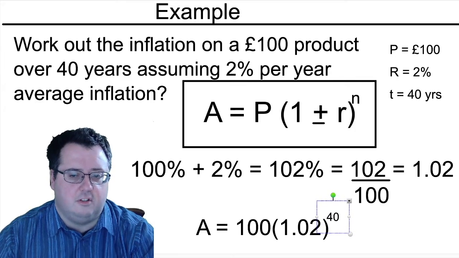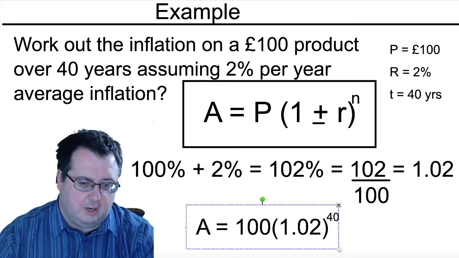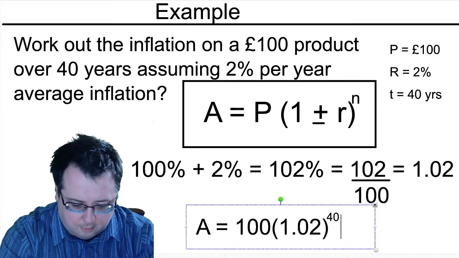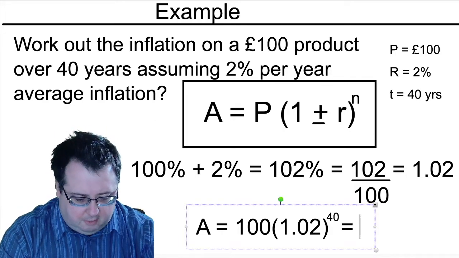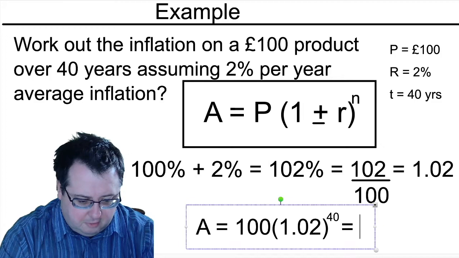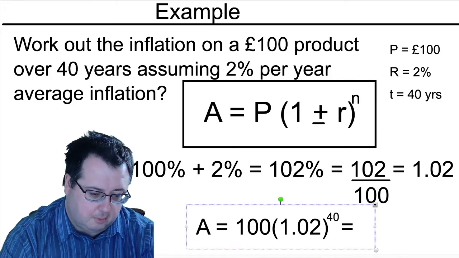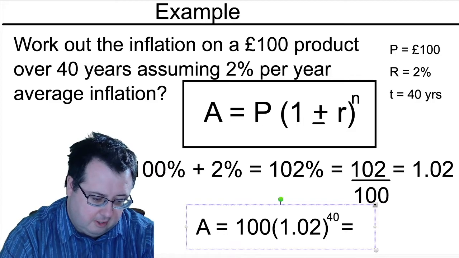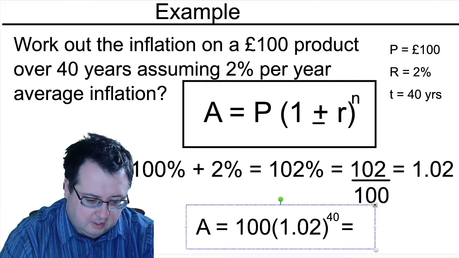You'd take forever to do that question if you were to write it out end of year 1, end of year 2, end of year 3, end of year 4, and so on. So I get out my calculator and I put in 1.02 raised to the power 40. Gives me 2.208039664 times by 100 gives me